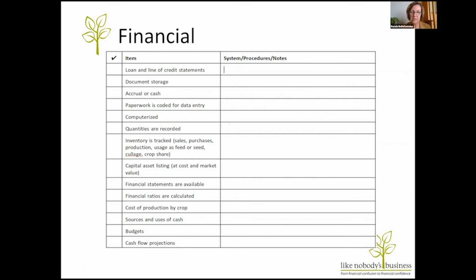Cash also comes in through financing. So anytime you are borrowing money, that's cash into the business. Anytime you sell a capital asset, that's cash coming into the business. And on the opposite side of that, when you pay back loans, that's cash going out. And when you purchase assets, capital assets or land, that's also cash going out. If you are a corporation and you're taking money out of your business, that's cash going out. If you put it in, it's cash coming in. So sources and uses of cash,